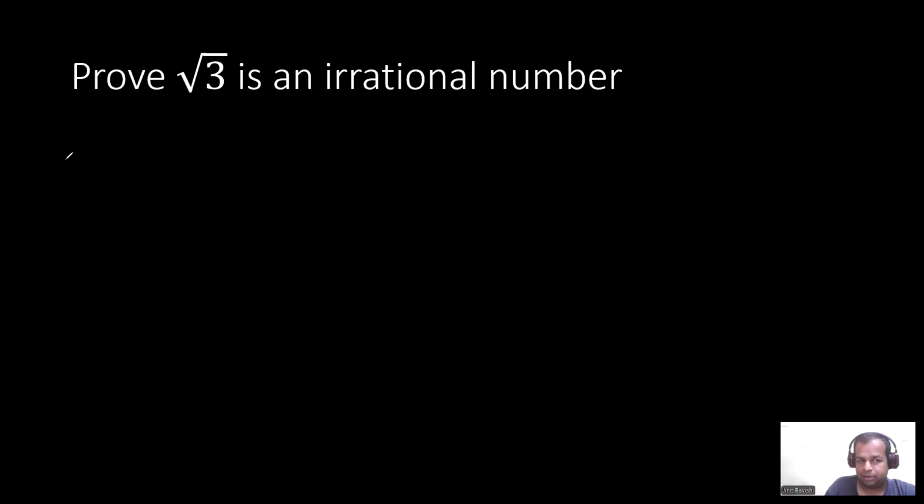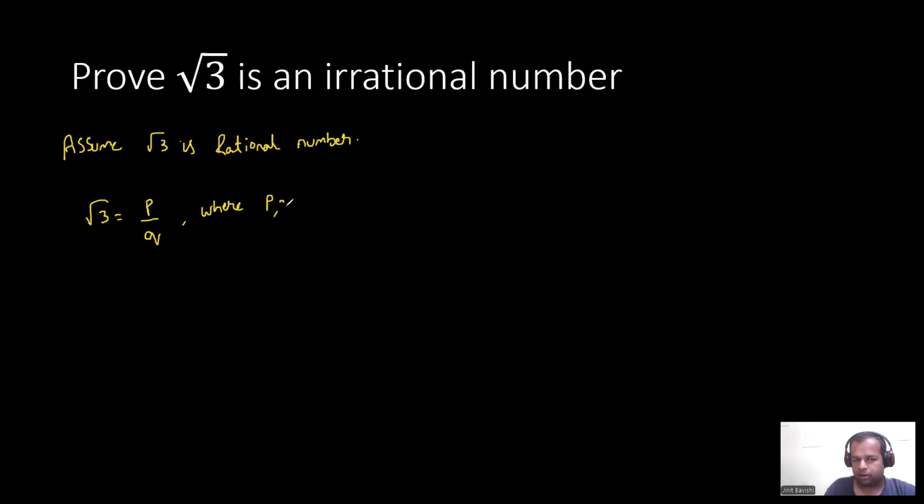So we'll start with the first statement. Assume root 3 is a rational number. We are doing it on purpose because this method itself is called the method of contradiction. So if it's a rational number, we know that we can write it in the form of p by q, and p and q are technically integers. We mentioned that also, where p, q are integers